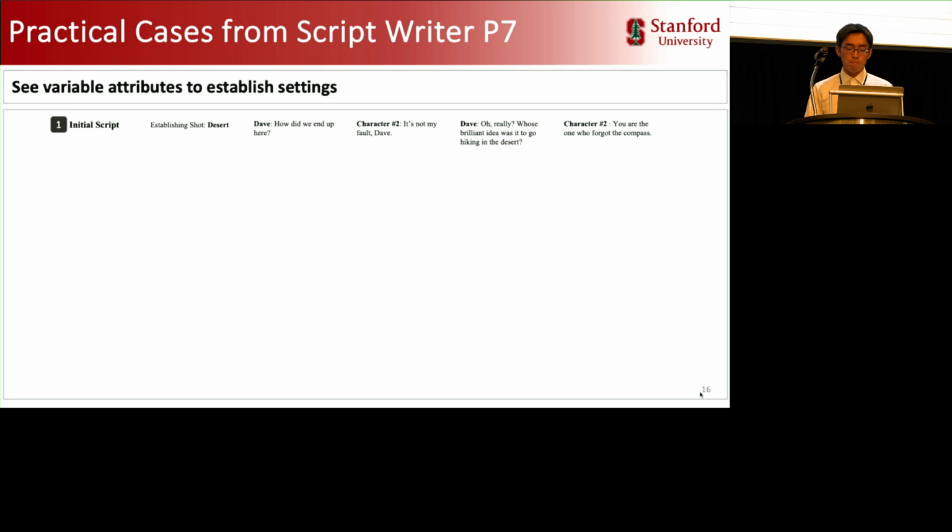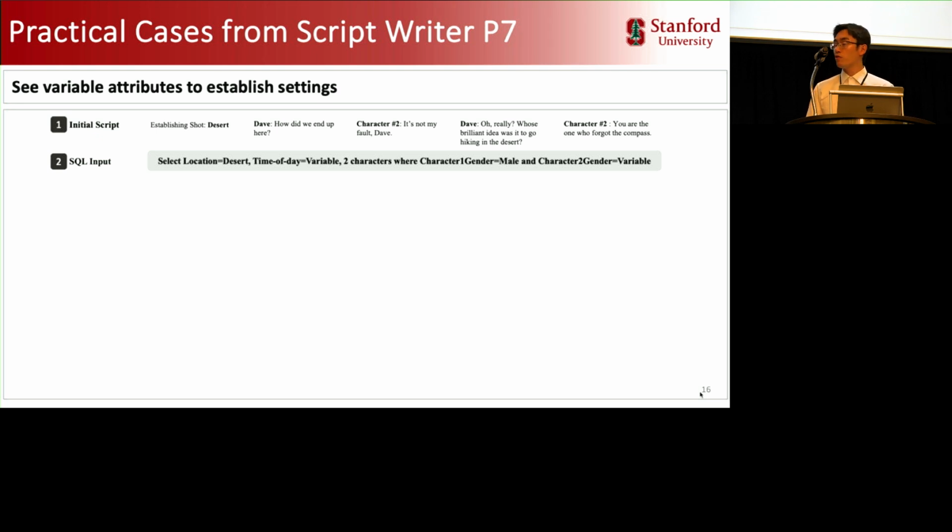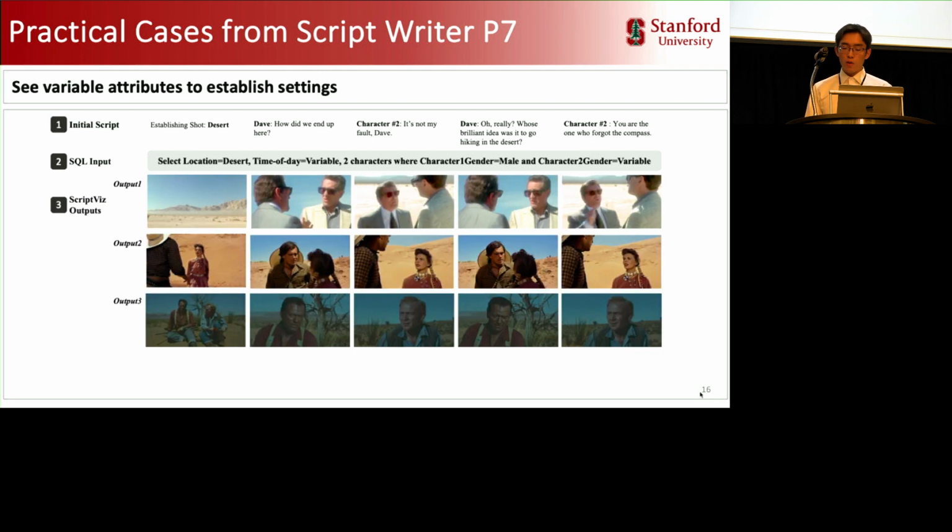Here is another practical case of a scriptwriter writing a main character, Dave, who is irritable and trapped in the desert. The scriptwriter has a few sentences in her mind, as shown at the top. She wants to choose the appropriate setting on the time of day and other characters' genders at the beginning of her creation. By setting these as variable attributes, she sees different visualizations in 3 rows, and she prefers the third one, because she thinks the night view